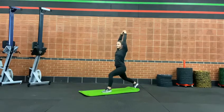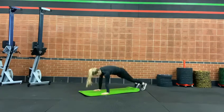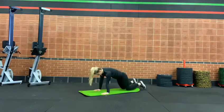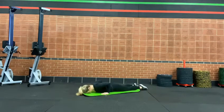We then take the arms back over the top of the head, release the hands. And then we take the hands back down, framing that front foot, step back into our plank. We lower the knees, untuck the toes, and lower to our tummy. We then lift the hands off the floor, extend the arms out to the side, lift them above the head, place them down. And then we lift them back up, take them back out wide, and then the hands come